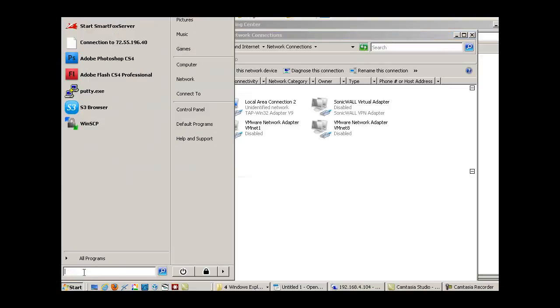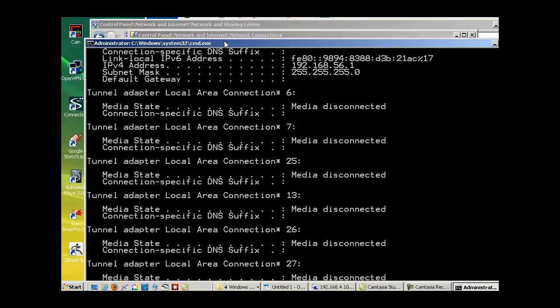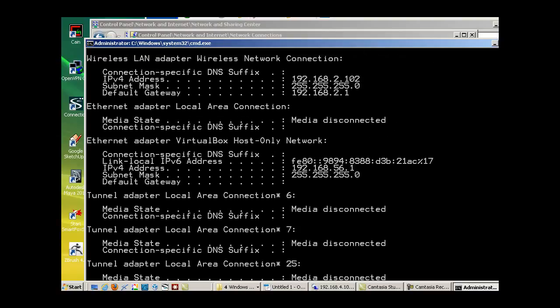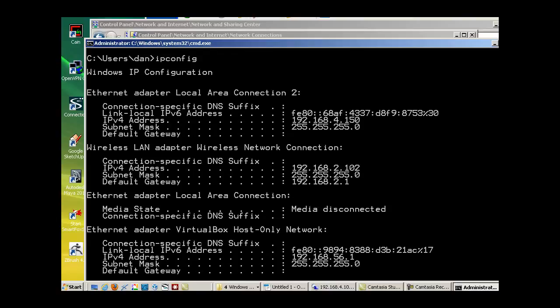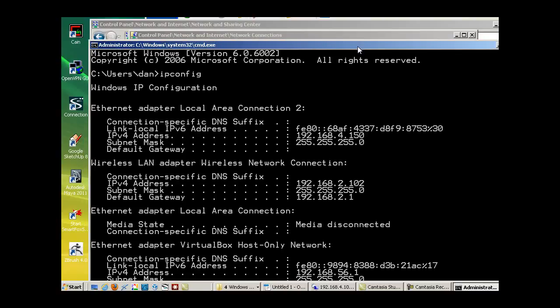Let's open up a command prompt and run an ipconfig, and you can see you get a lot more information with all those different network adapters. Let's see here. Ethernet, it's disconnected. There it is right here: Ethernet adapter, local area connection, media disconnected. So it didn't even show us the IP address. But there's my wireless, and my wireless shows an IP address, and shows a gateway. And even though there's a lot more information here,